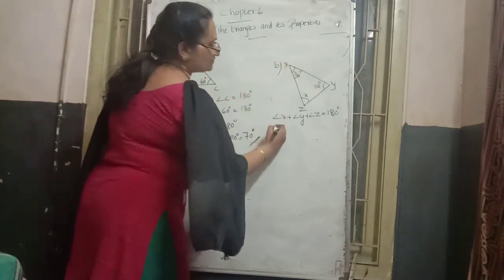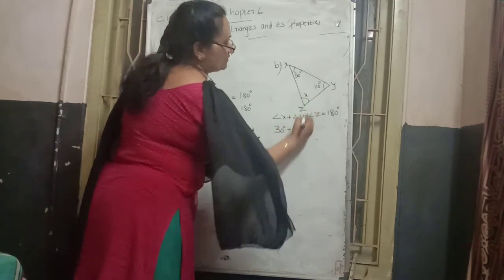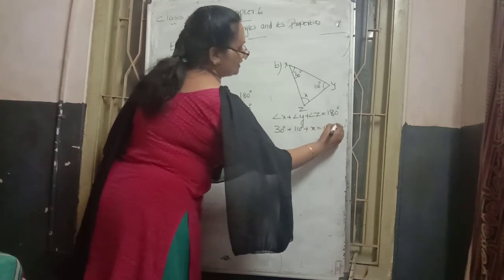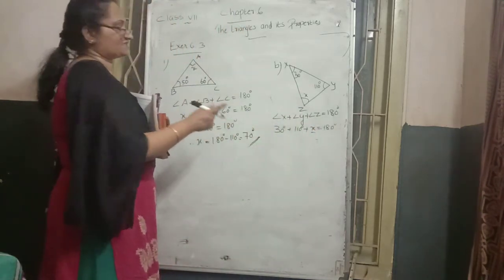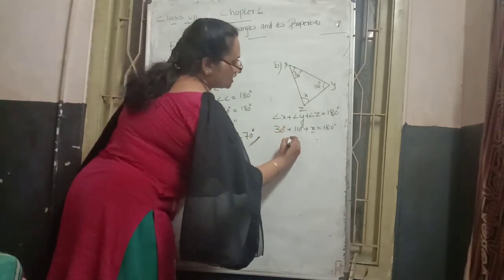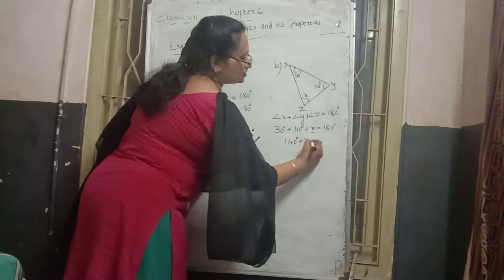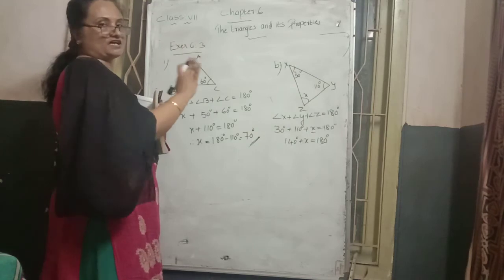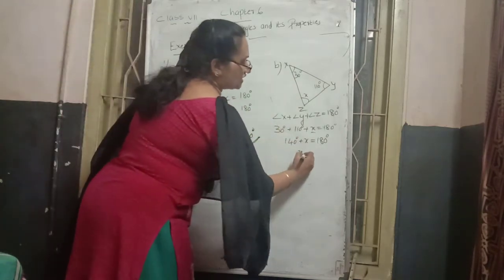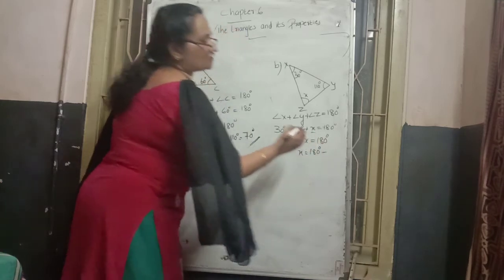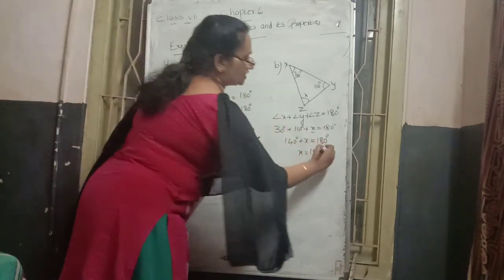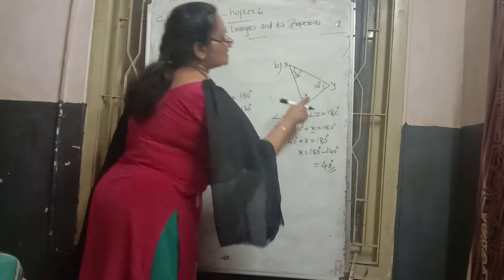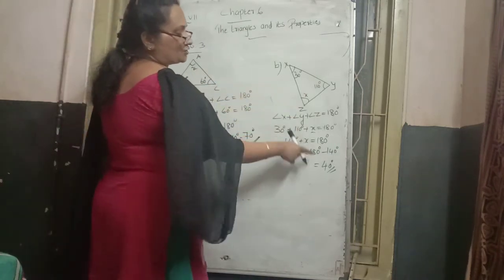Then the next step, second step, values. In X's place which angle? 30 degrees. In Y's place which value? 110 degrees. Plus in Z's place which angle? X. So it is equal to 180 degrees. Our aim is to find this alphabet X. 110 plus 30 becomes how much? 140 degrees. Adding that value is equal to X. X is equal to the right side, which value is that? 180. So we want X. So keep the alphabet X on the left side. Send 140 to the right side, the plus value goes to the right side and changes to minus 140. 180 minus 140 degrees becomes how much? 40 degrees will come. So that's why we understood that this value becomes 40.